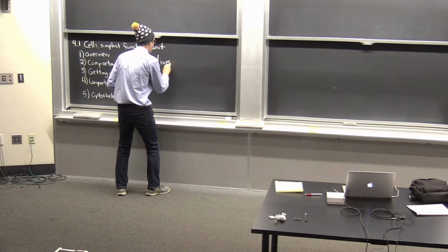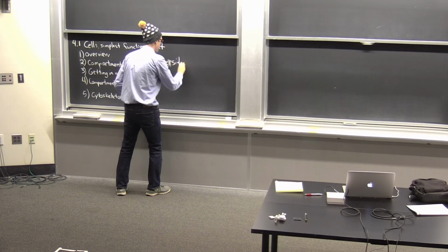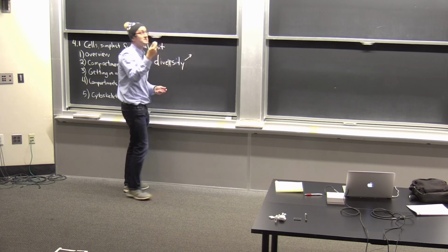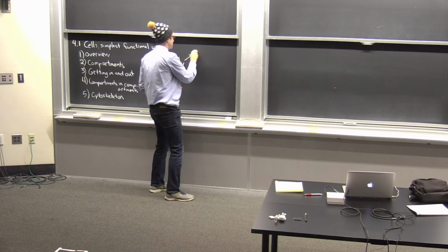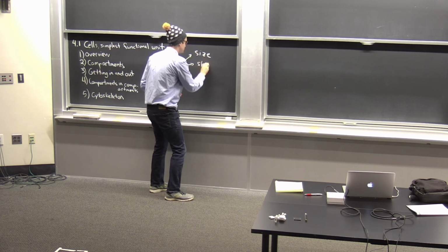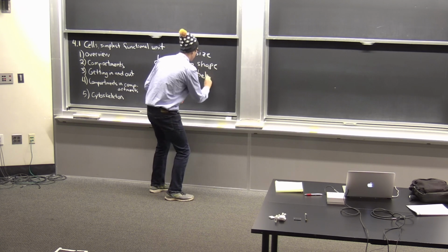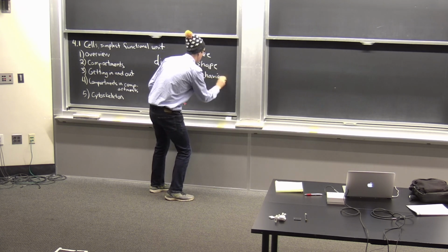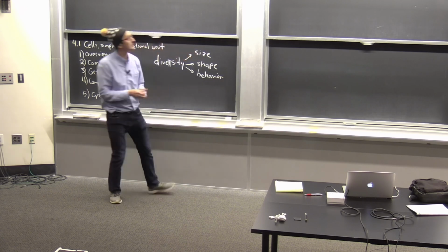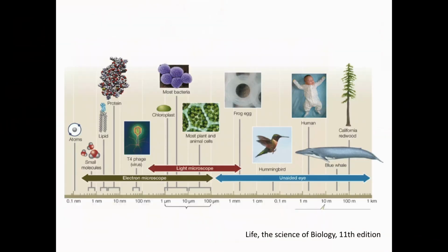So cells have diversity. As you can see from the video, there's a diversity in size. There's diversity in shape, and also diversity in behavior. Okay, so we're going to unpack this a little bit,